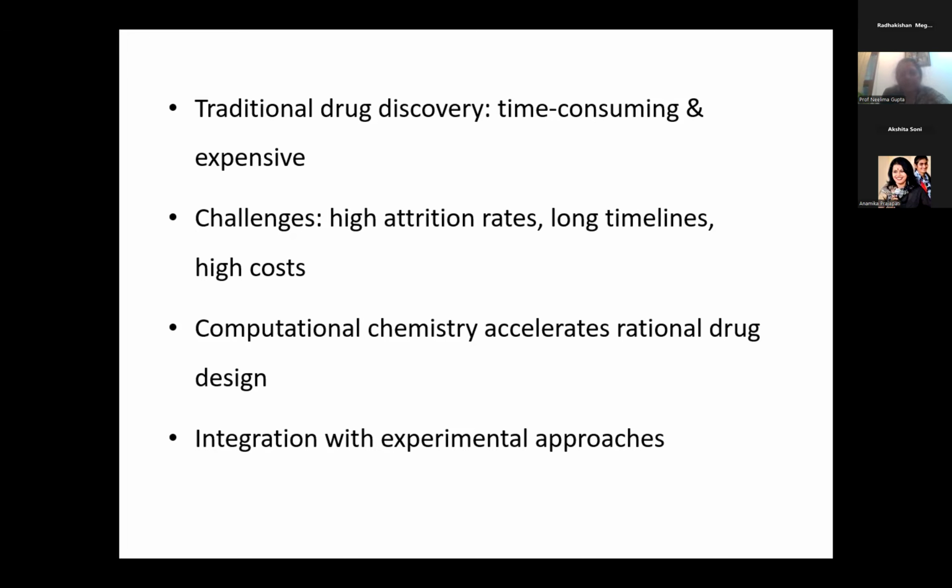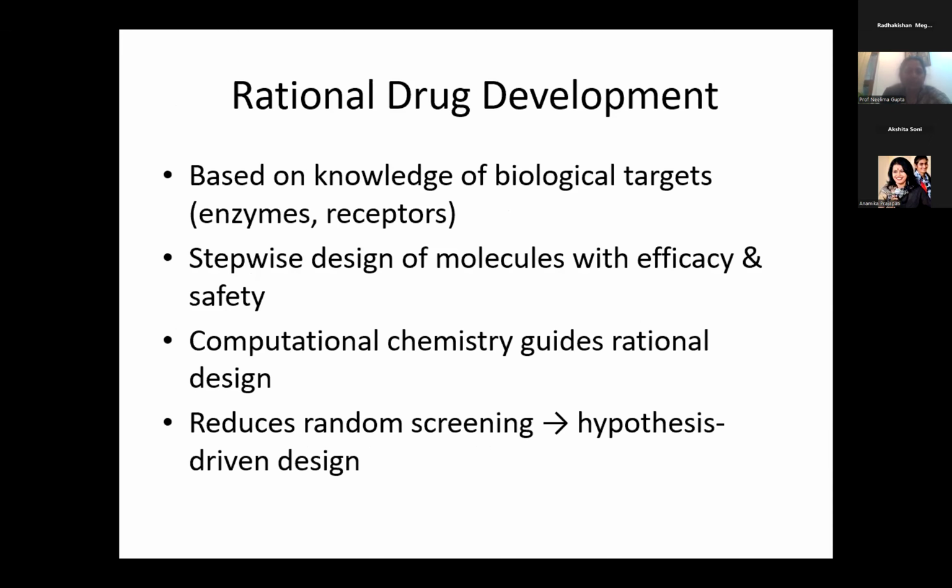Computational chemistry is here to accelerate the rational drug design process. And the integration of the computational chemistry techniques with the experimental approaches make the drug discovery process a little quicker one and cost effective also. So we know if we talk about the rational drug development, the key aspects that are required are based on the knowledge